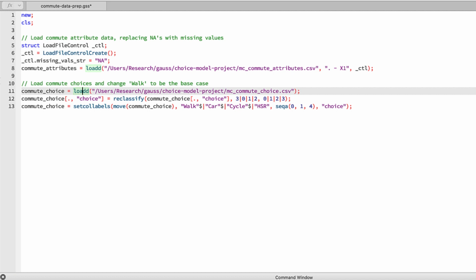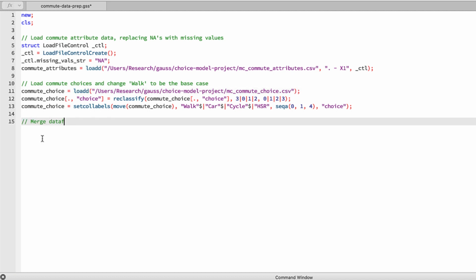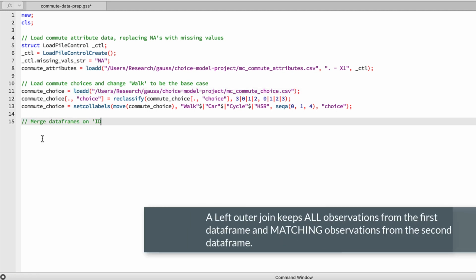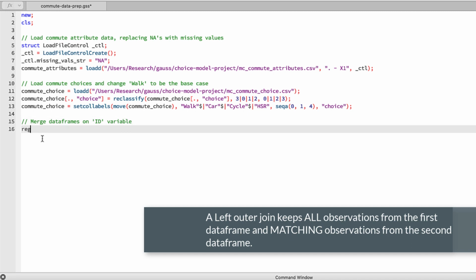The default option for outer join is a left outer join. This means that all observations from the first variable passed in will be kept, even if there's no matching observation from the data on the right. However, if there is an ID in commute attributes that is not in commute choice, it will not be included